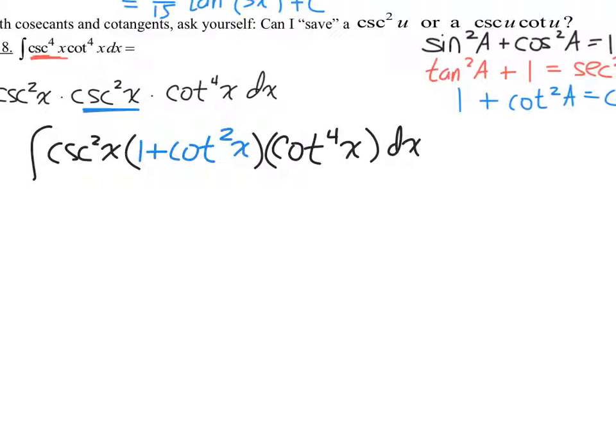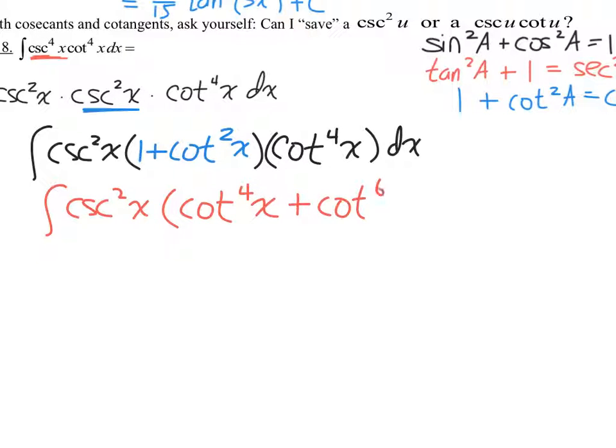A little distributive property. It would be cotangent, and you actually don't have to distribute. We did something similar to this last class, maybe 2 classes ago. Cotangent to the fourth x plus cotangent to the sixth x